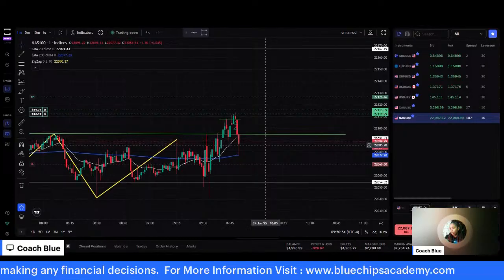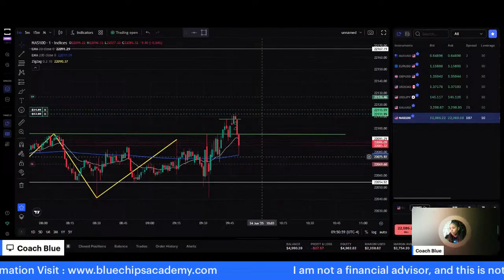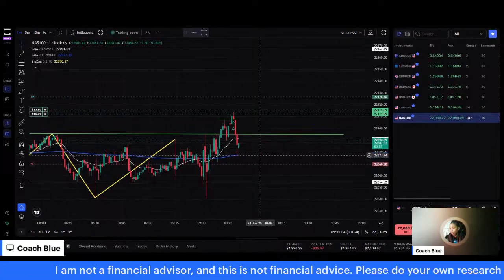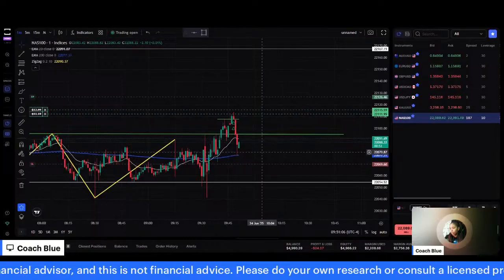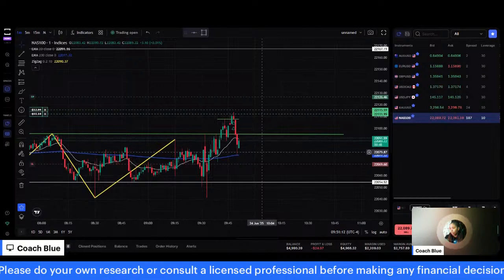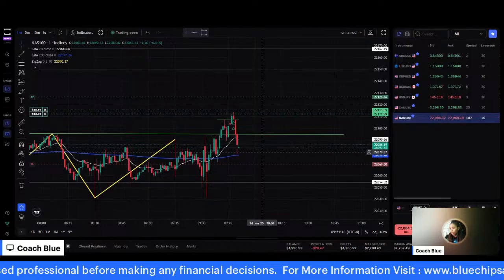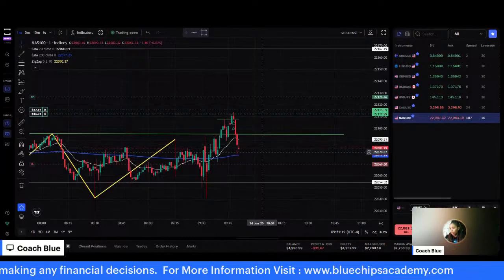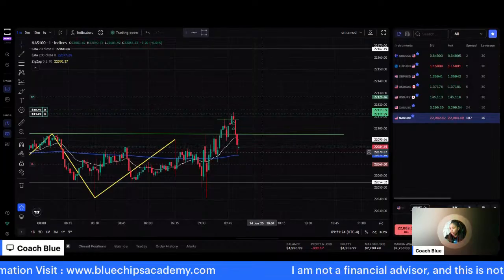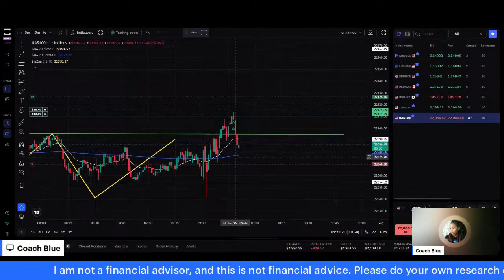Now, NAS is extremely volatile. So that's another thing to keep in mind when it comes to NAS. It is a very volatile pair. I was trying to sit in a move yesterday, and the move was correct, moving to the upside. However, I was stopped out due to the volatility of the pair. So I closed on TP1, but TP2 didn't go as planned because of the volatility. So we'll see how this plays out right here.